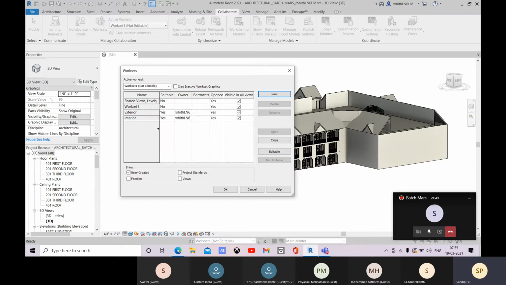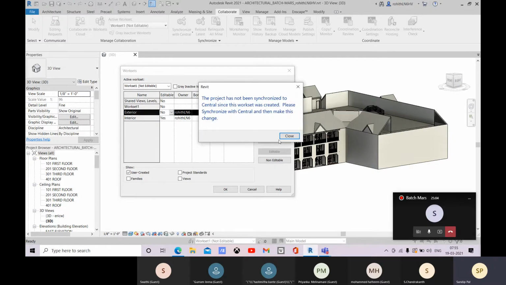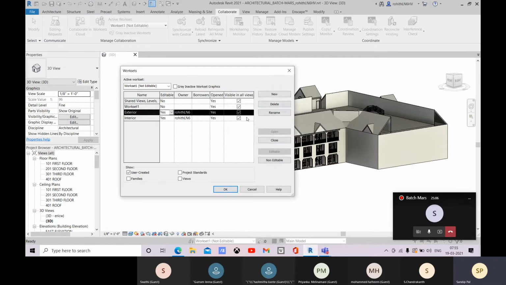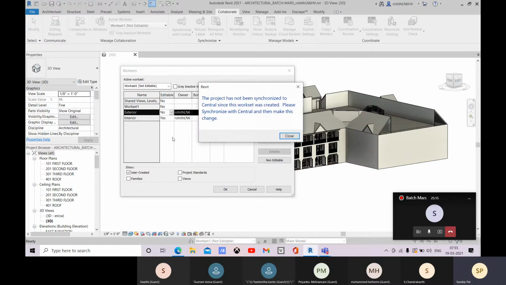Okay, so here you can see that this is editable right now. If it is editable, you can rename it, you can delete it. When you make it not editable, you will not be able to delete or rename. Let me assign this first.